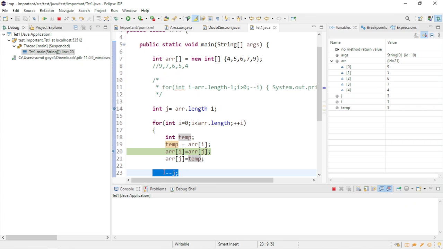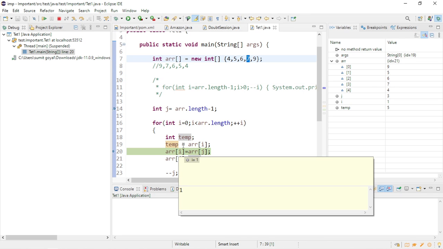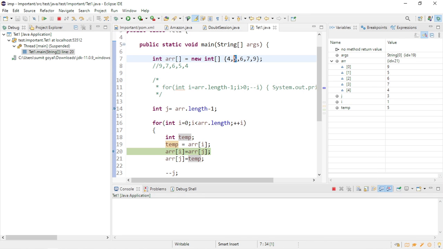So you need to write this. So j value will become 3. Now j value is pointing to this one. So I'm saying ARR of 3. So 0, 1, 2, 3. This will be copied into ARR of 1. So 7 will come instead of 5. On the right hand side, you can see 7 will come instead of 5.